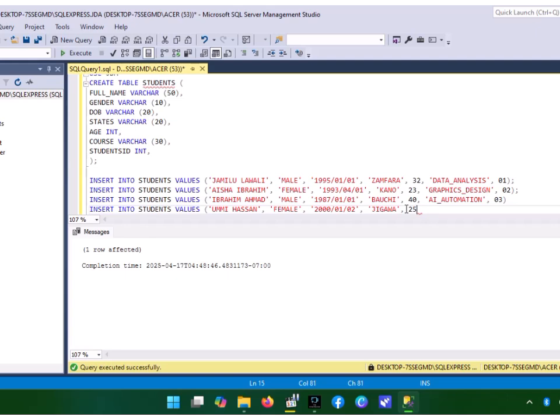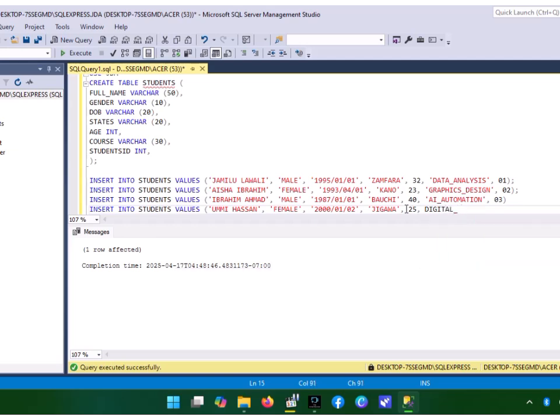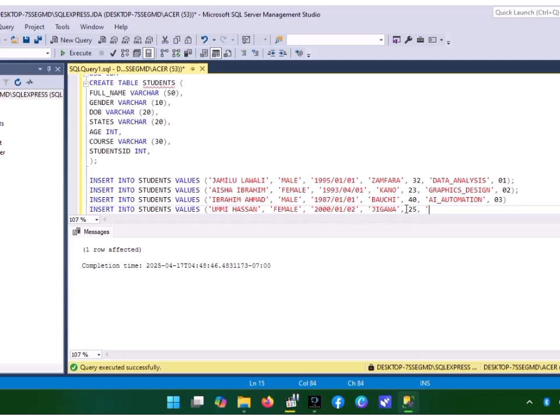Then maybe she studies digital marketing, or she's studying Excel, and her student ID should be 04. Okay, so now we have created